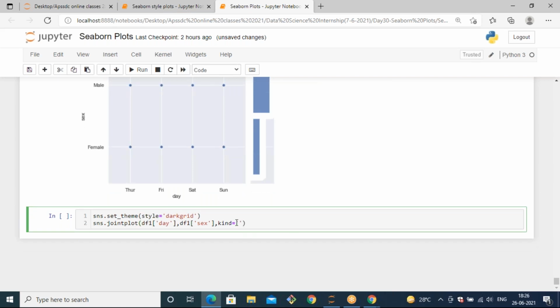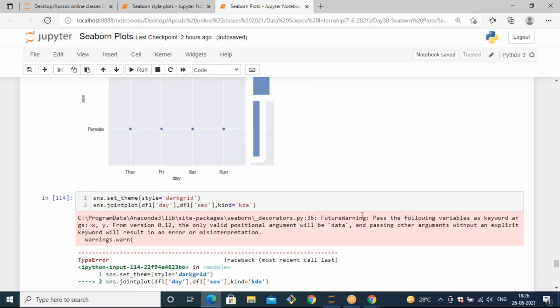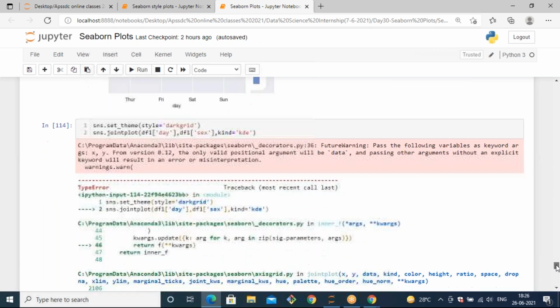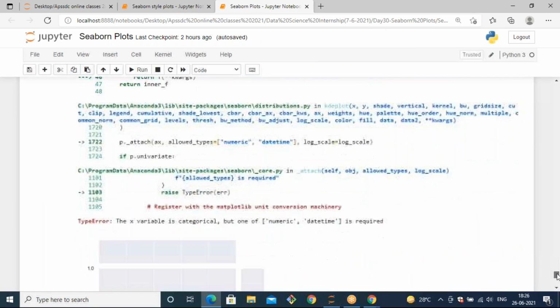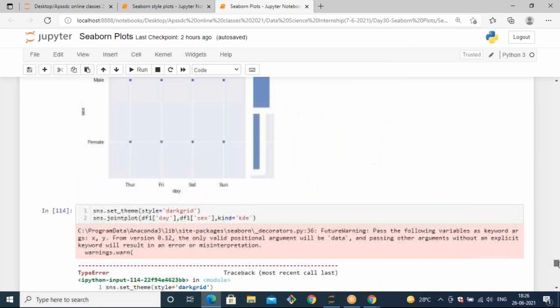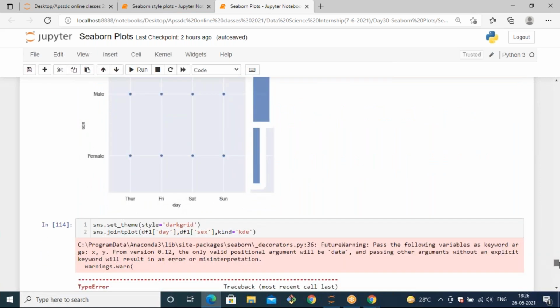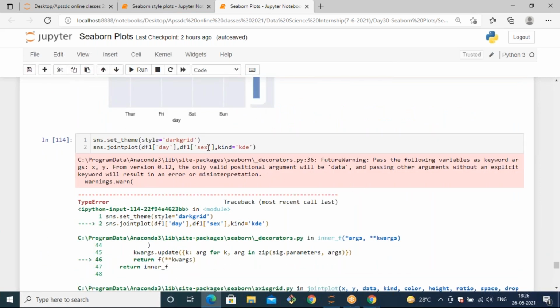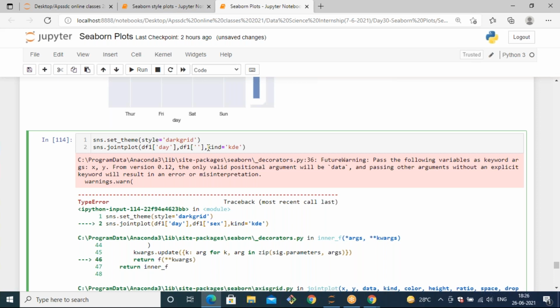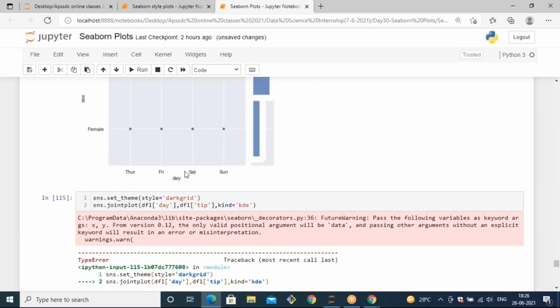If I specify the plot as KDE, it raises an error, because KDE takes only numeric data, but we are passing sex as object data. In that case, you need to specify only numeric data. I'm specifying numeric data, tip, in the y-axis.